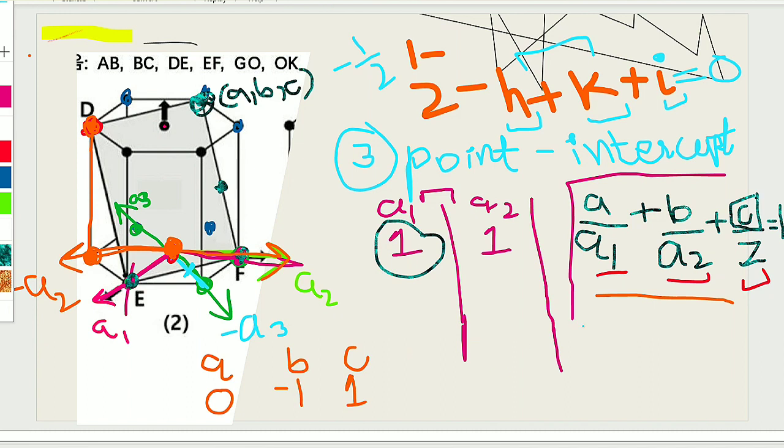Okay, so the value of A is 0, so we have 0 divided by the value of A1. It doesn't matter, because it's 0 in the numerator, so we don't need to put the value of A1, and that gives you another advantage. Even if you don't know the expression for A1, you can find the z-intercept, because the A1 expression will be eradicated. So the expression that you don't know, you can eradicate by choosing a suitable point on the plane. The value of B is -1,